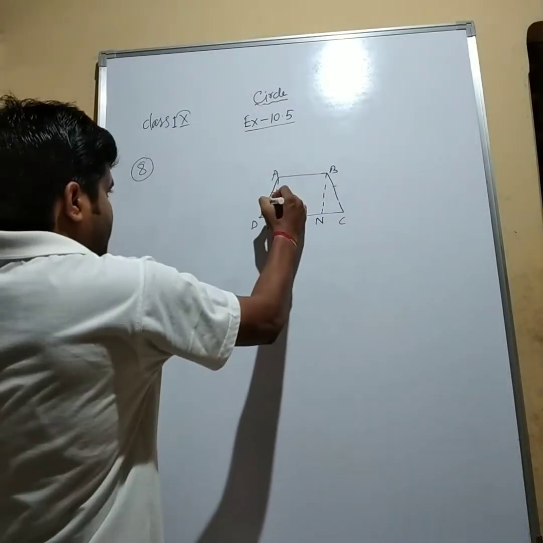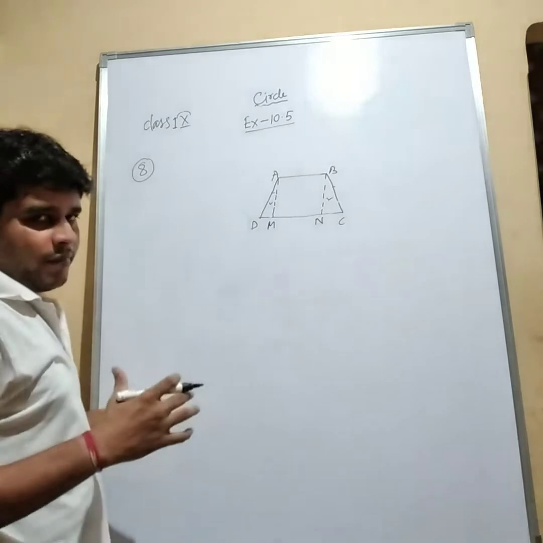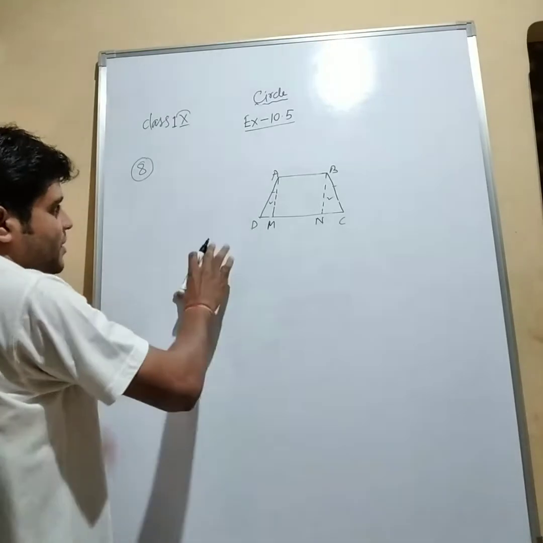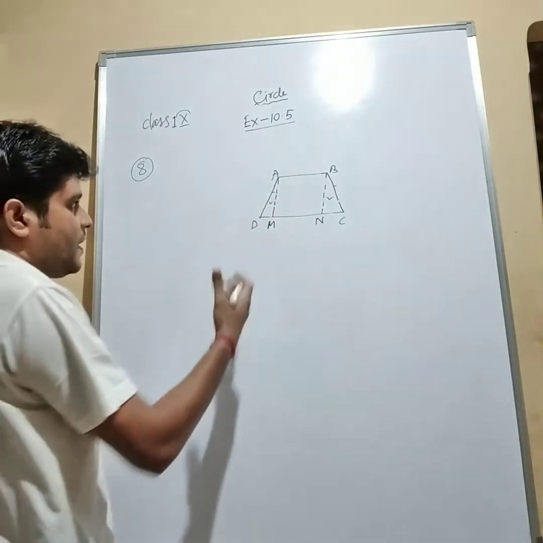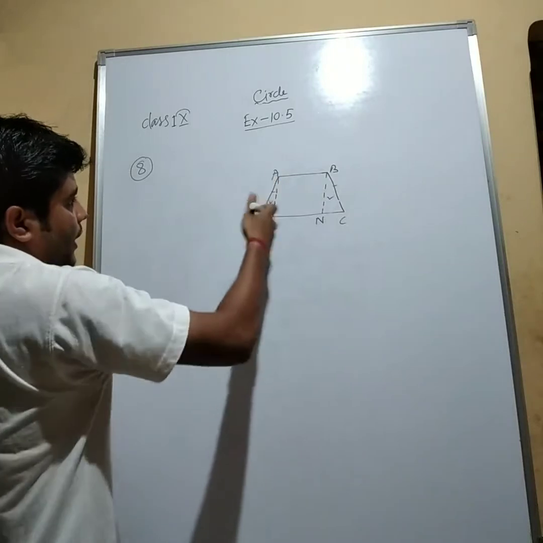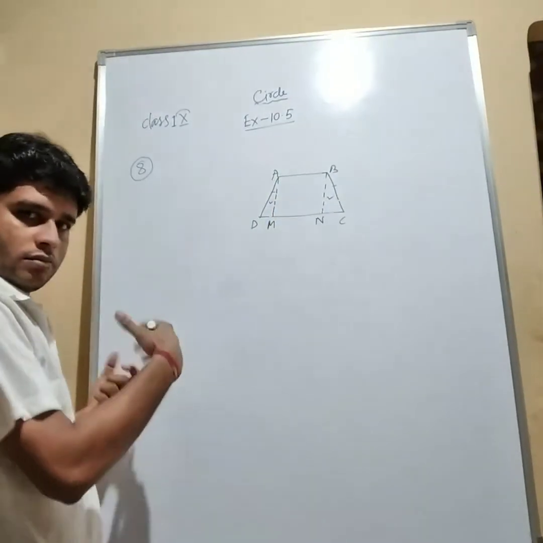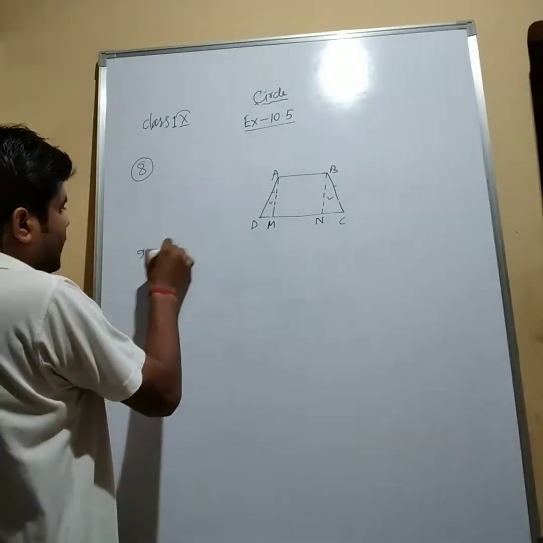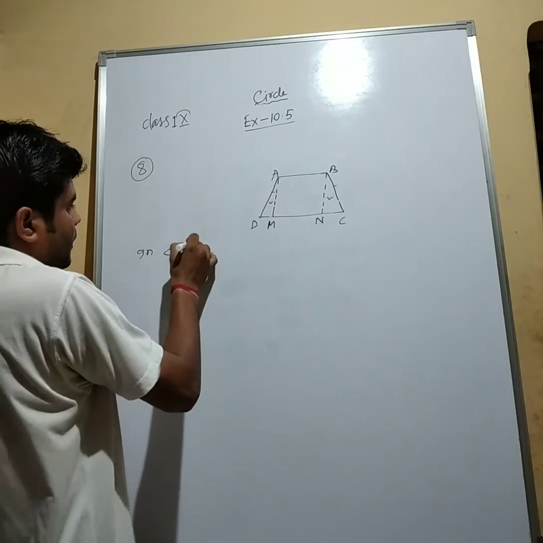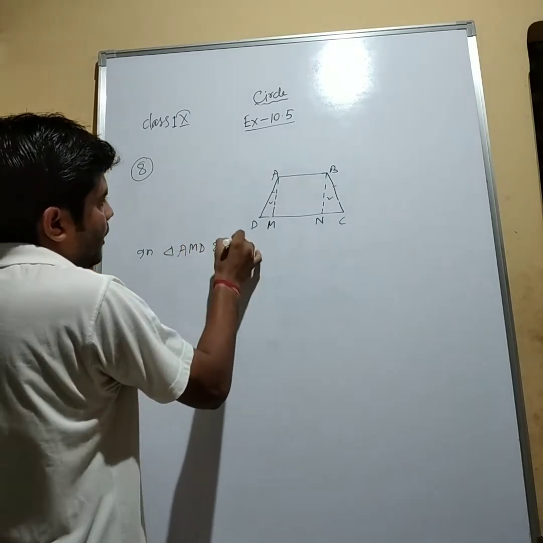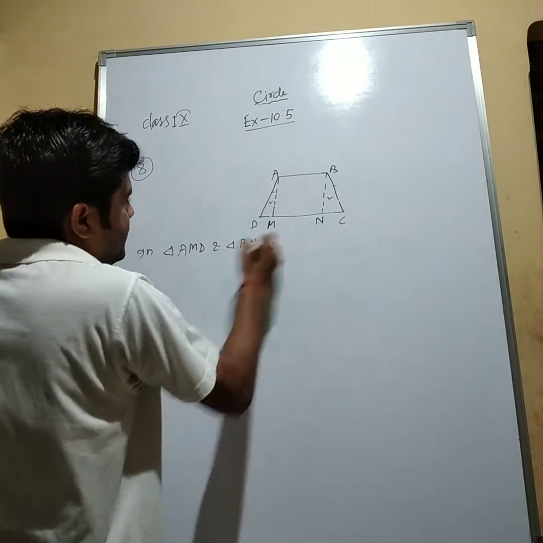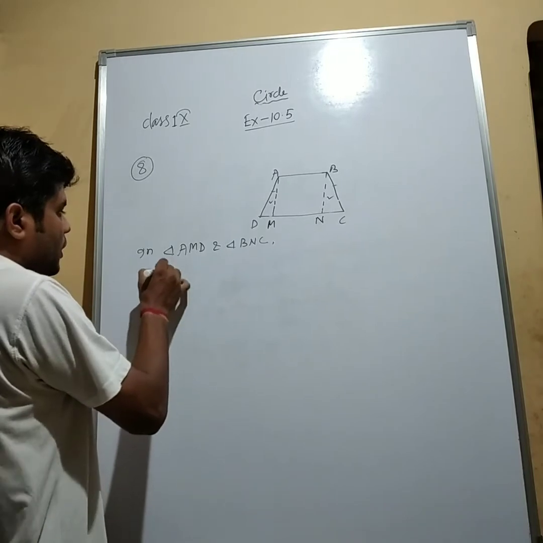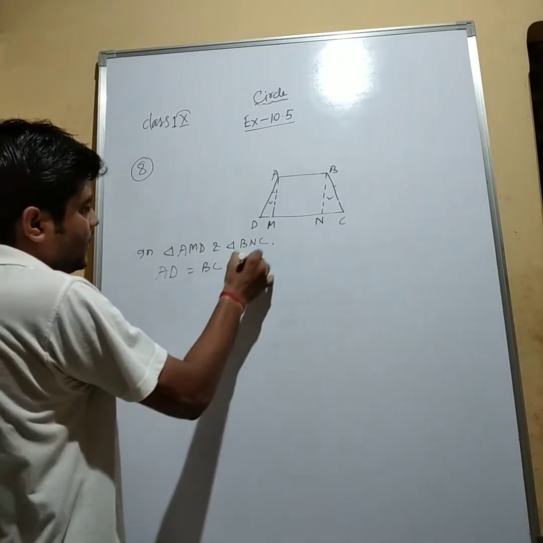For this, take these two triangles. Remember, the diagram is not given in the question. You have drawn the diagram, so you must mention that ABCD is a trapezium where AB is parallel to CD and AD and BC are equal. You have to mention the description. After this, I am doing the main part. In triangles AMD and BNC, try to prove they are congruent. First of all, AD equals BC, it is given.